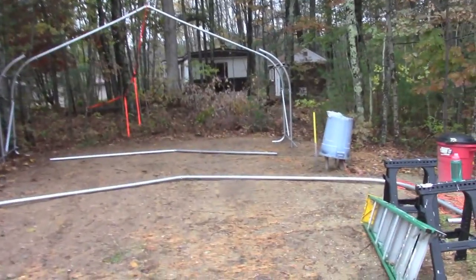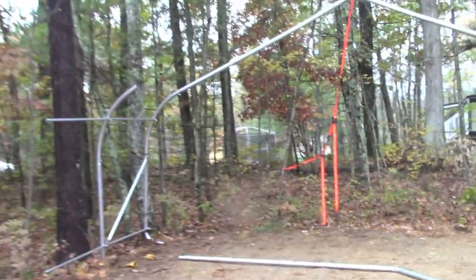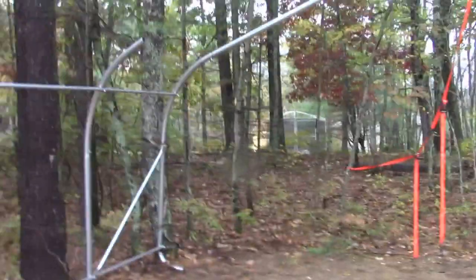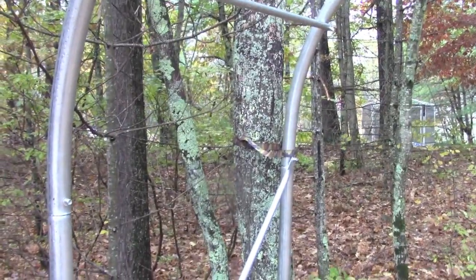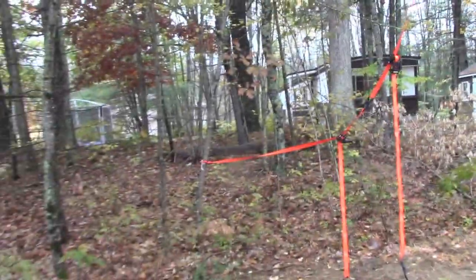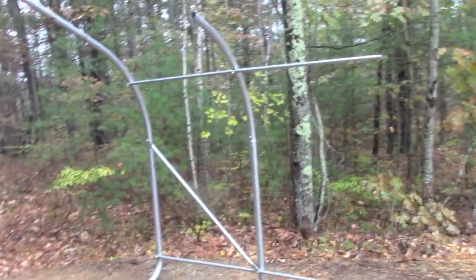Okay, so here's where we're at. Sorry, I didn't record it going up because it was raining, but what I did was, like you saw, I built the first back arch, and then I stood it up. I anchored it. I ratchet strapped this side to this tree, and then I pushed it up, and I also hung a ratchet strap from there to the tree behind, so it was leaning like this. And then once I got this side bolted with that wind brace, this side bolted with the wind brace,